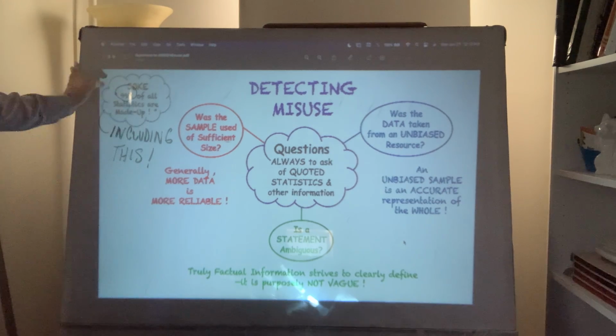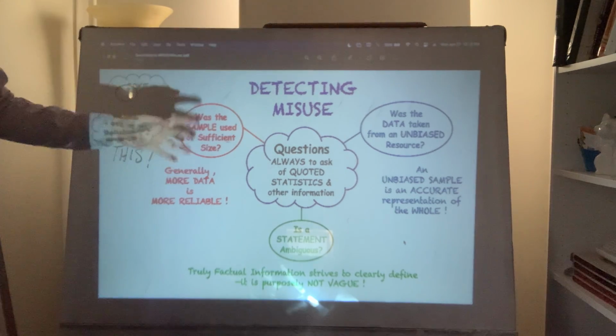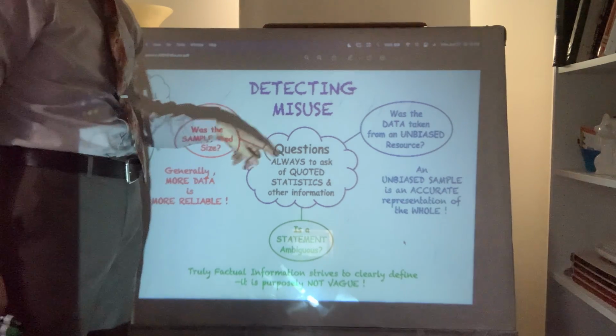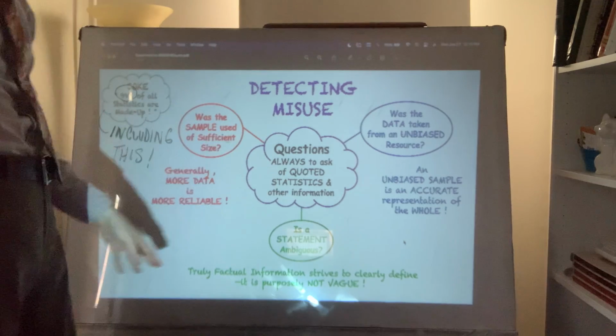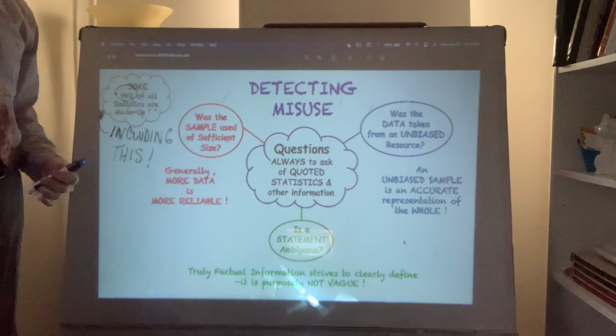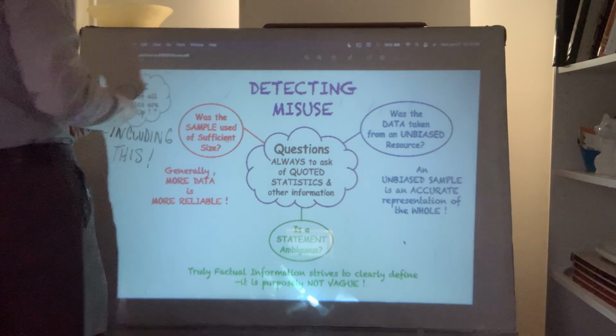Sounds important, right? Because it has numbers in it, so it sounds like it's math and therefore reliable, but it isn't. To detect misuse, be suspicious. Here are questions to always ask of quoted statistics or other information, and I don't have to put percentages or anything in it. Firstly, was the sample